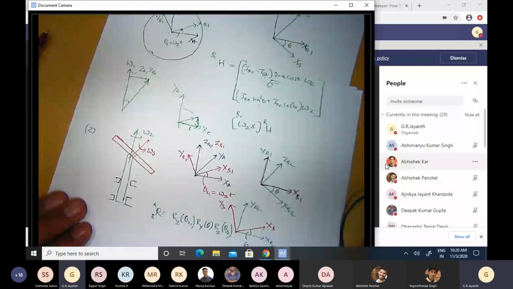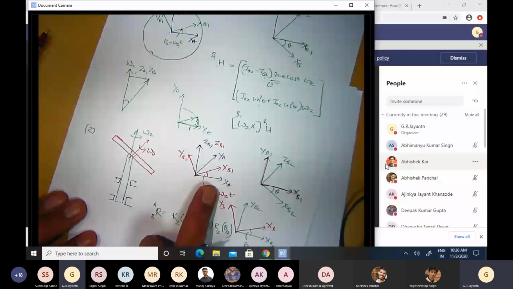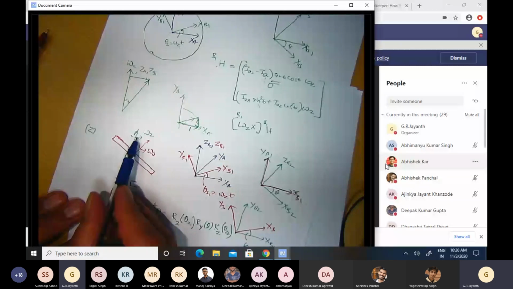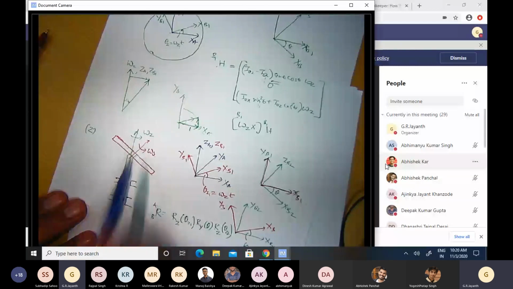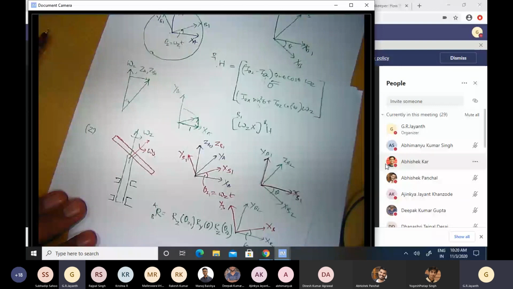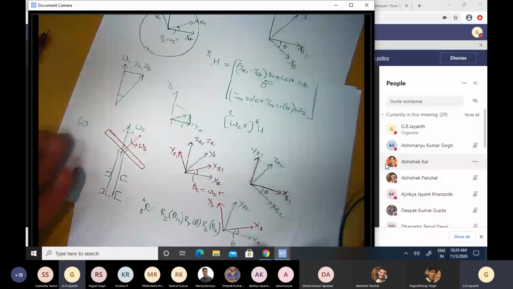That was the motivation for us to go with the B1 frame, because in the B1 frame, both omega z and omega s are fixed vectors. They don't change with time in the B1 frame. But that doesn't necessarily guarantee that the angular momentum will be a fixed vector, because the angular momentum's direction is not in general related to the angular velocity direction. So if the angular velocity is fixed in a particular frame, it doesn't necessarily mean that the angular momentum is also fixed.